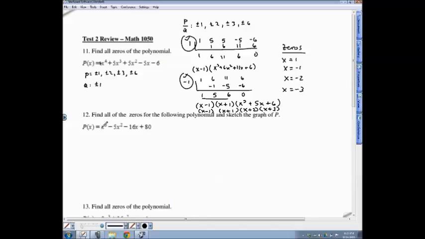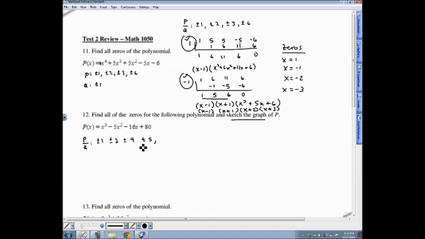Okay, question number 12. Find all the zeros, and this time you've got to use the zeros to sketch the graph of P. So, P over Q. Just to start speeding this up, you'd have to go through and list the values of P, then the values of Q, then divide them all to get P over Q, but it's just going to turn out to be, for this one, plus or minus 1, plus or minus, oh boy, let's see, 80, we're going to have plus or minus 2, 3 doesn't go into 80, 4 goes into 80,